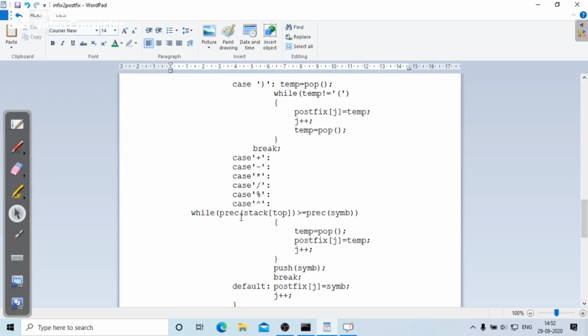Else, if the precedence of the stack top symbol is not greater than or equal to the precedence of the symbol, then you have to push that symbol as it is onto the stack.